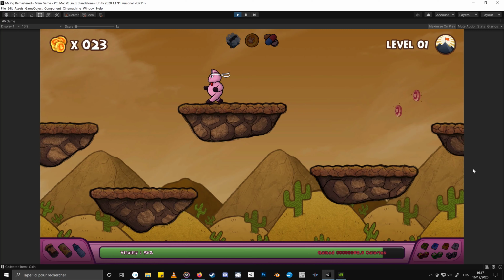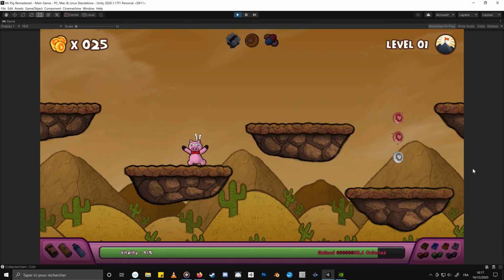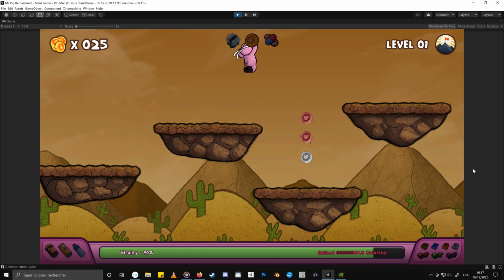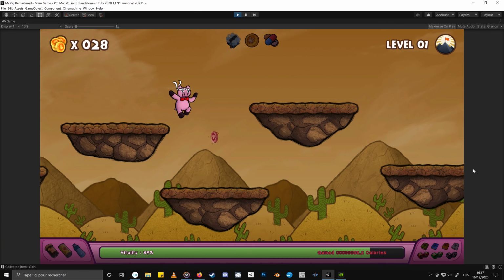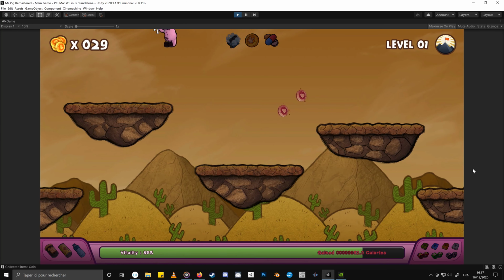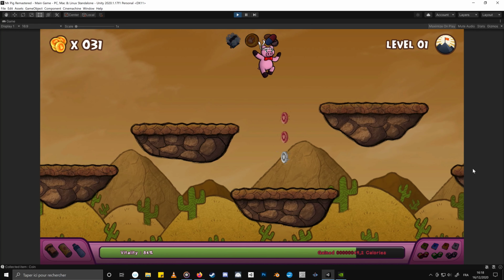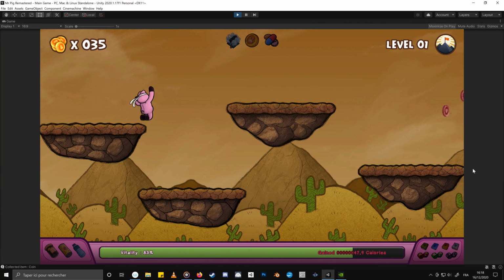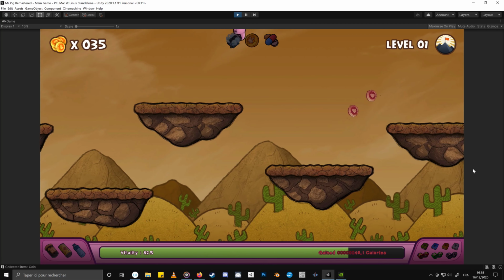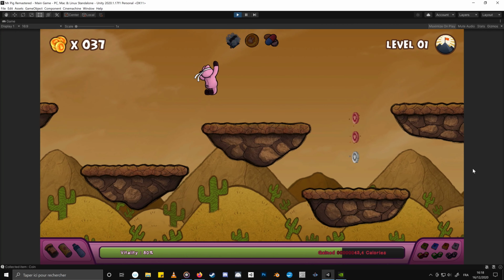And the whole purpose of the game is to balance eating food to stay alive and actually losing weight by running around. So you can lose weight faster by doing push-ups. But that feature is not implemented yet, so I can't show it right now. But yeah, as you can see, we have a basic prototype right now. And if I fall, the game is infinite.